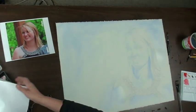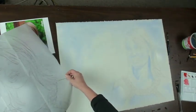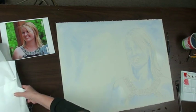And then we get my tissue paper. This is the tracing from that, and that's how I got it. And I use a light table to get it on the